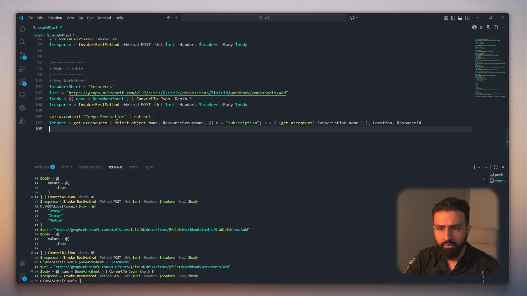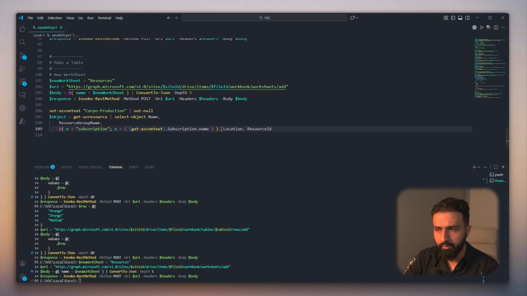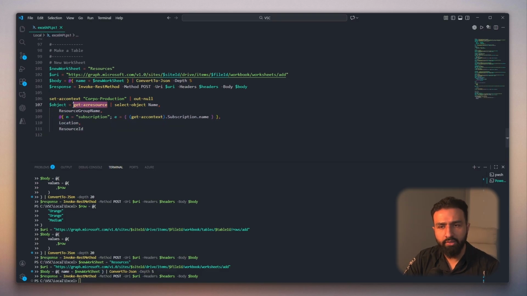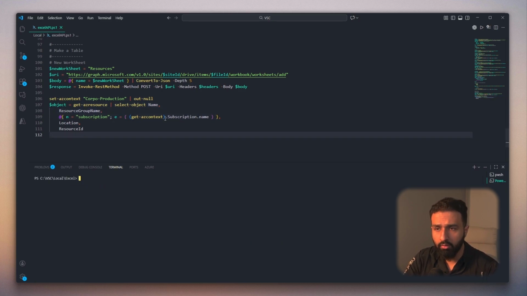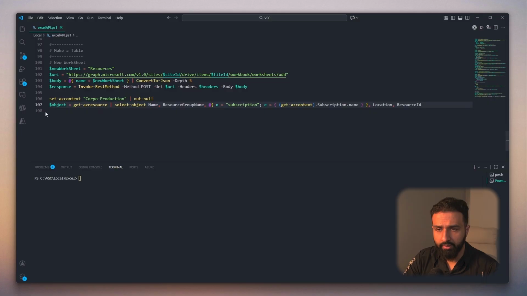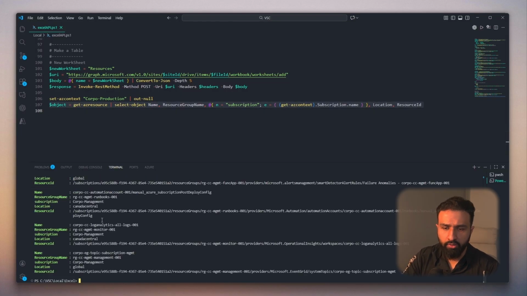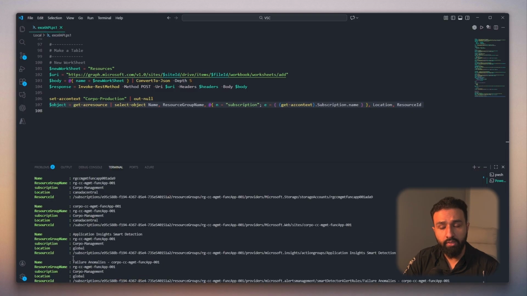And I'm doing something very simple. Maybe easier to see if I do this. I'm just doing a get AZ resource, right? And I'm getting a whole bunch of properties. And then I'm just doing one special one, which is I'm also getting the name of the subscription that I'm in, in case I want to loop through many, I would like to have that as well. Okay. Simple enough so that if we run this, we get as a return all these fields that I want